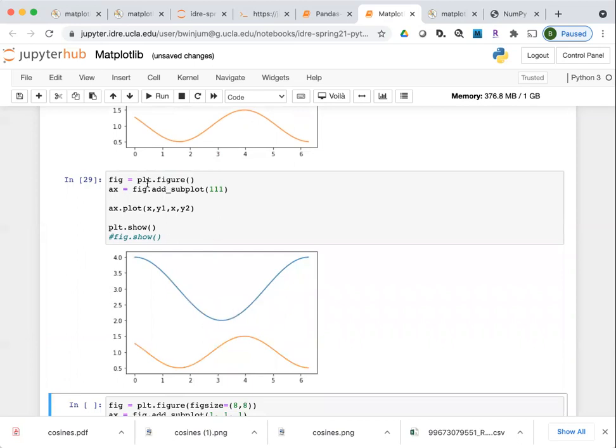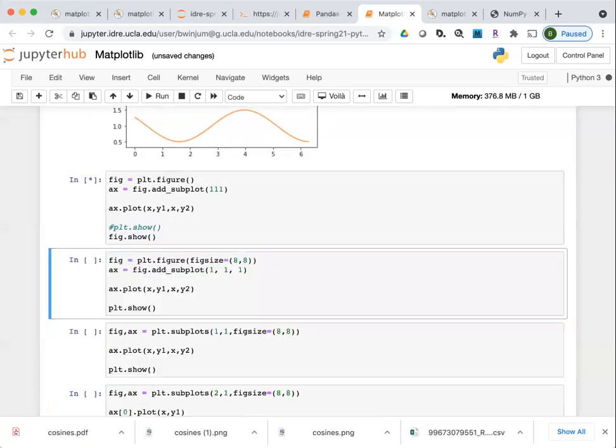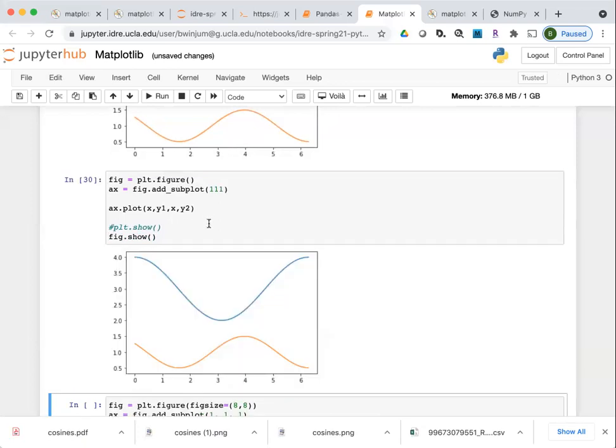But now I'm interacting more closely with particular objects, which are used to generate these. plt is a submodule which sits above the objects and allows you to easily send things to these objects, but plt is at a higher level than fig and ax, the figure and axes objects. It's also possible to do fig.show. That has the same effect.